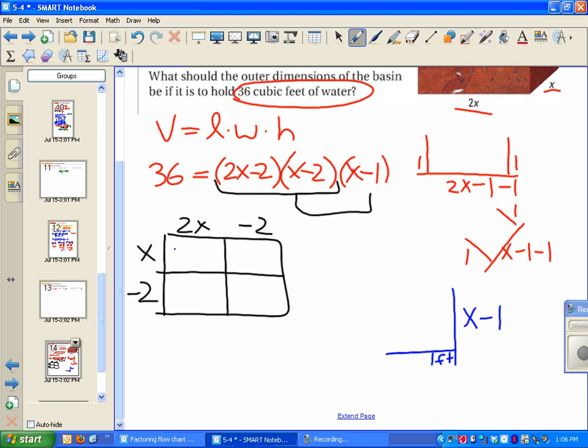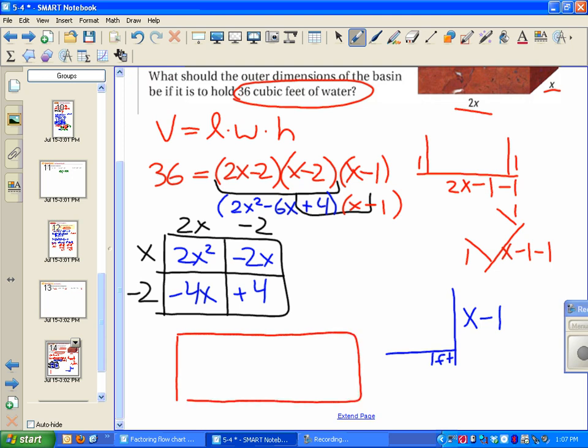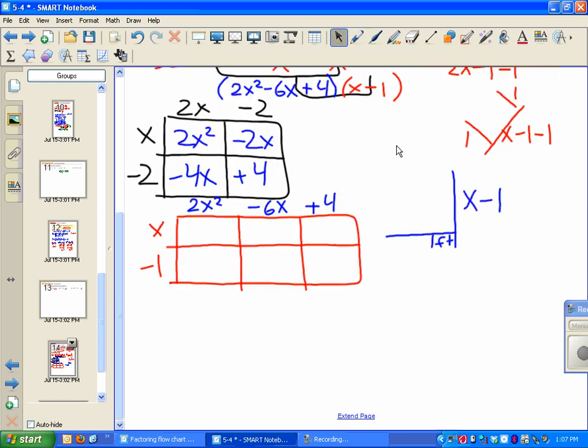So when I multiply the first two, I would get 2x squared minus 2x minus 4x plus 4. So this one would be 2x squared minus 6x plus 4. Right, and then I'm going to multiply that with x minus 1. All right, so I need a little bit longer box for that when I multiply. And you can distribute if you'd like, but we're going to get x minus 1 and then 2x squared minus 6x plus 4. So when I multiply those, I would get